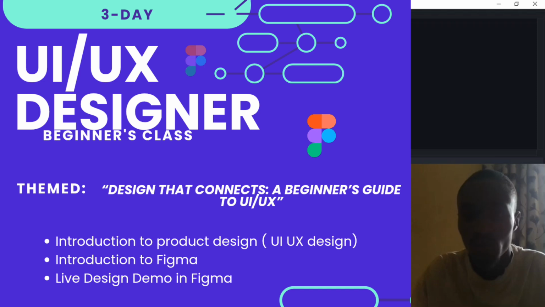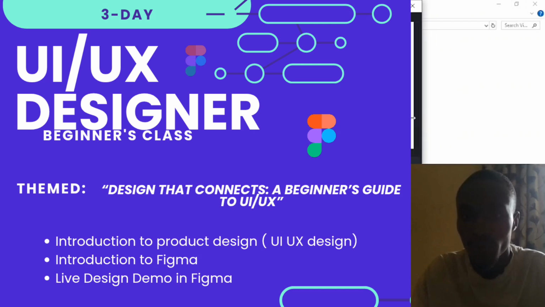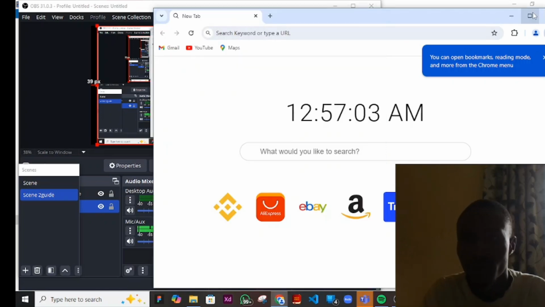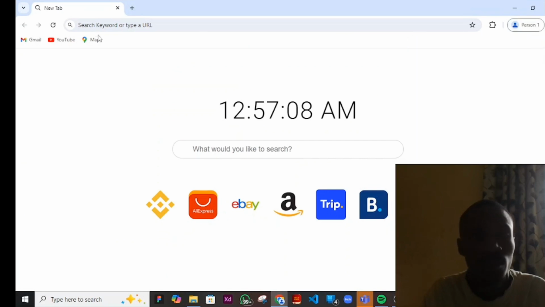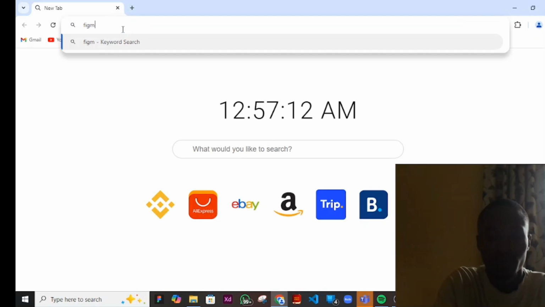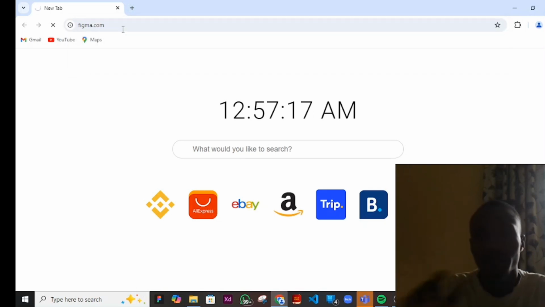First, we'll have to go to figma.com in order to create an account with them. We'll go to figma.com and create an account. When we go to your browser, be it any browser, but I'm using Chrome, so you can just type figma.com. Then it will take you to their official site where you will create an account